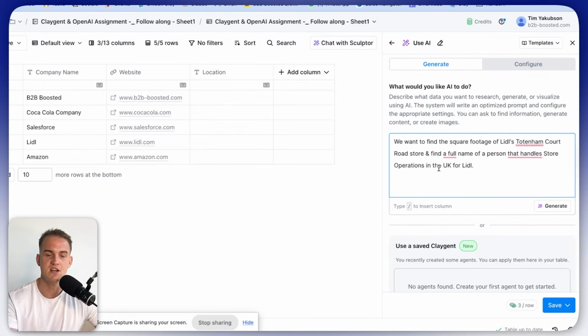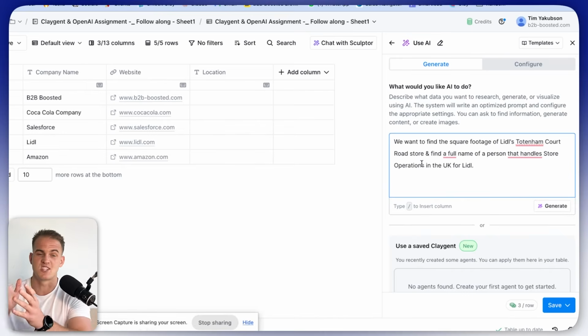exact string of text. So essentially, as always, in this case, we want to understand what data we already have inside of the Clay table. We have the company name and we have the website. And what we basically want to do is find the square footage of Lidl's specific store. And then we want to find the person that handles the store operations for the UK for this company called